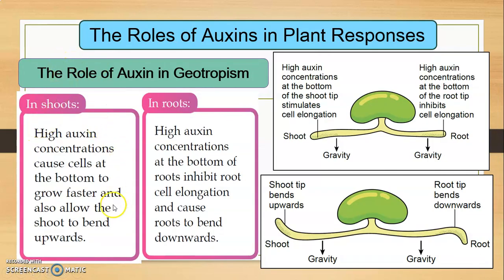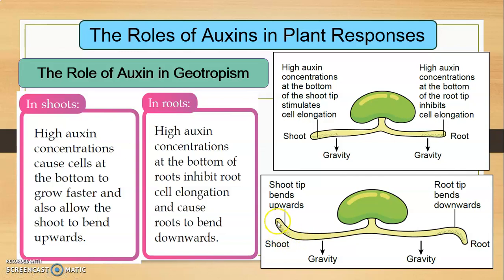Alright, so this refers to the summarization from our discussion just now. In the shoot, high auxin concentration causes cells at the bottom to grow faster and also allows the shoot to bend upwards. Alright, okay. So that is what happens in the shoot. In the shoot, there is a high concentration of auxin at the bottom side. So cells at the bottom side will grow faster or elongate more,